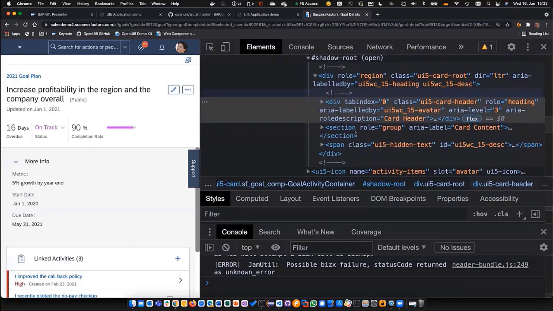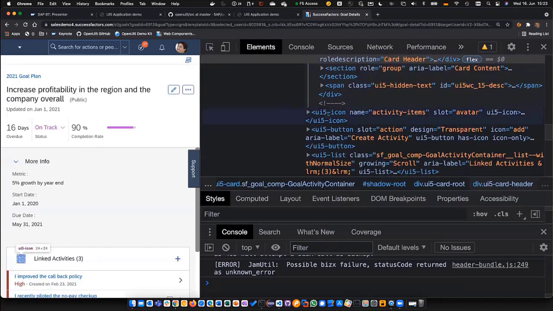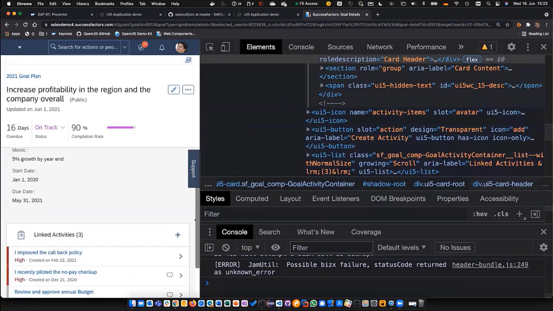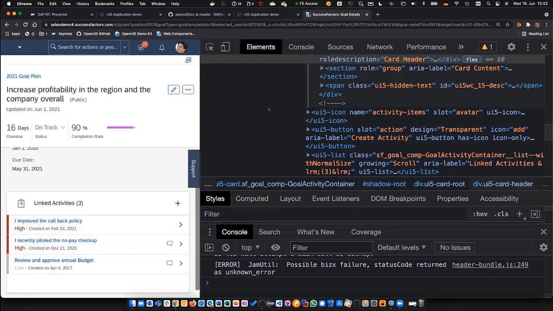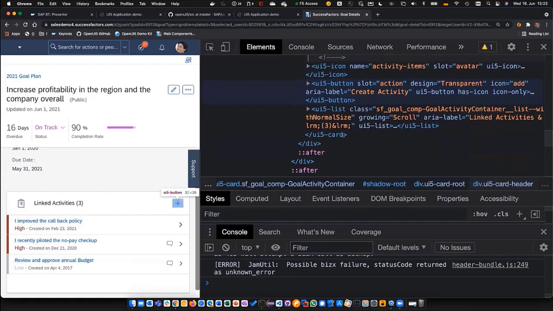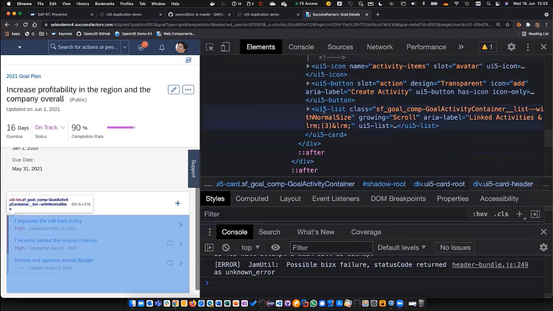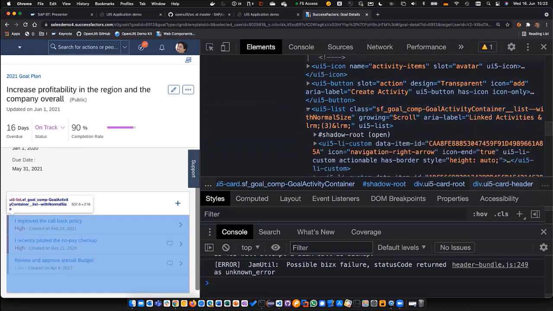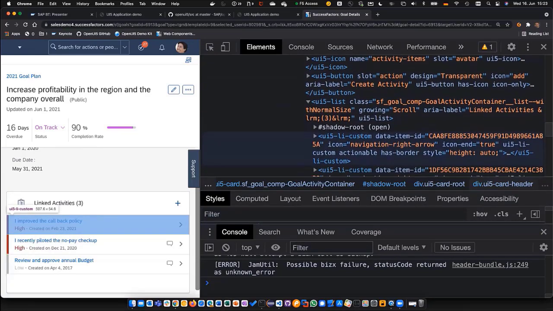So if we now scroll down, also no surprise, you see now the UI5 icon that is highlighted here, and you can also see the UI5 button. And if I now scroll down a bit, you also see inside the card a list, and also no surprise, you now see the UI5 list web component,